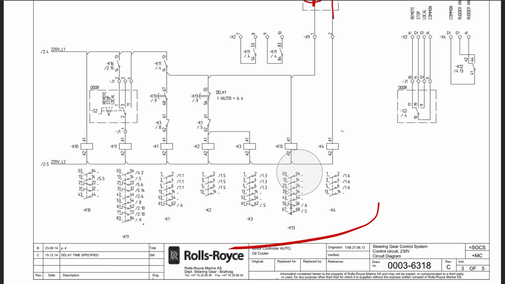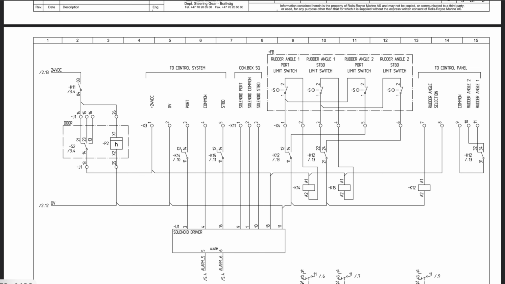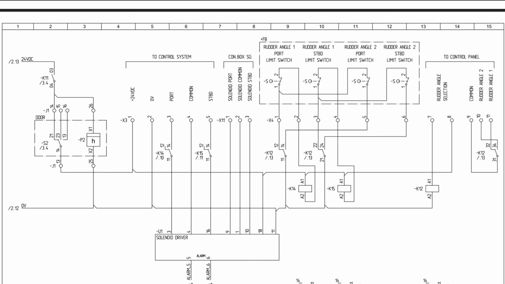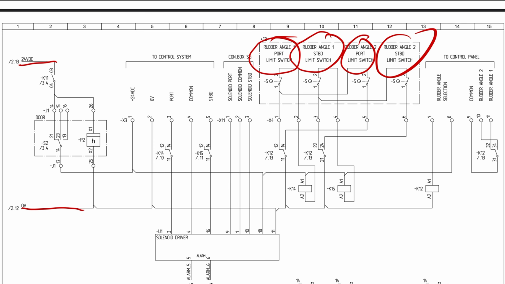So this video was only for the starting of the auto transformer motor, but the steering gear system I told you about is in itself a big thing to study. We have so many things. See, we have the 24-volt supply coming from here. We have the rudder angle limit switches, for port side and starboard side. We have the control system, where you give commands to the port side and starboard side, and the solenoid output command.